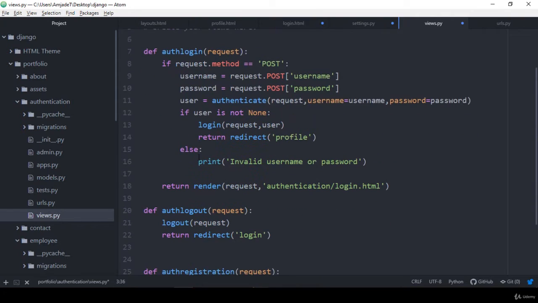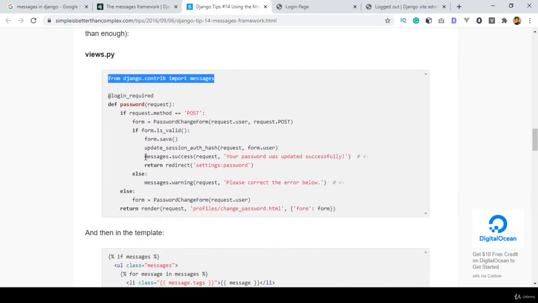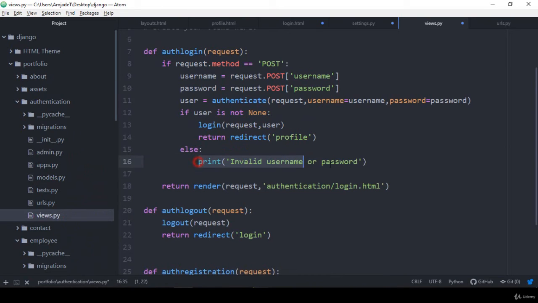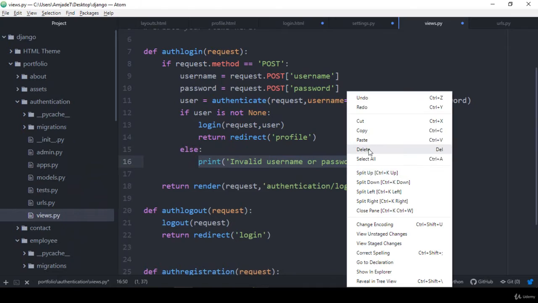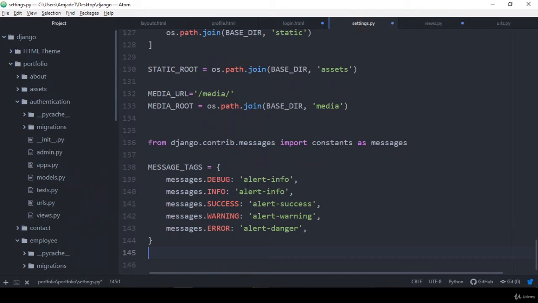So now if you want to make that message visible, it's pretty simple. Here you have to display these messages with success, error, whatever you want. So right now I just simply copy it, and now I want to do it in that particular area, that means the else area, I just simply paste it. That means it should show that message. There is a success message, as I told you, they have some tags such as debug, info, success, warning, error.